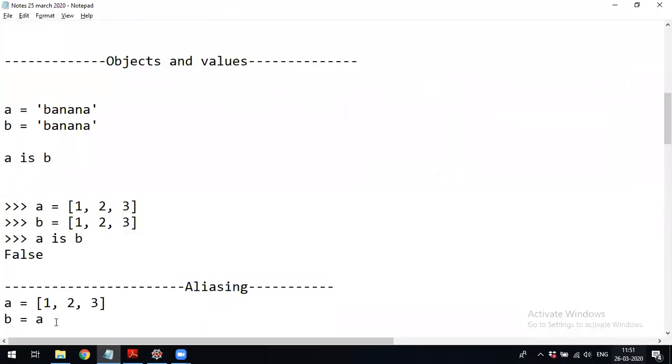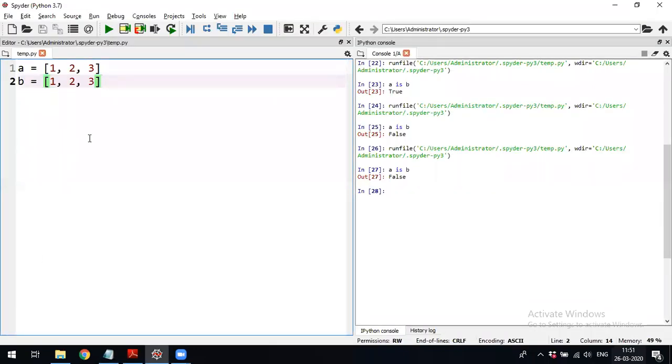Create one list, but assign the value of A, this reference, to B. Whenever you assign this reference, both A and B will point to the single list.